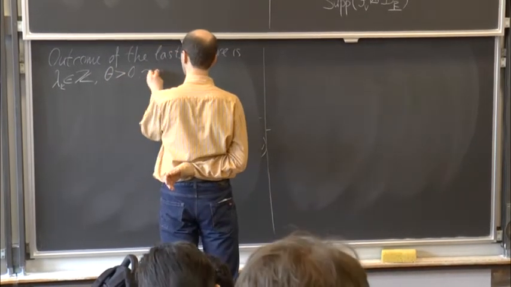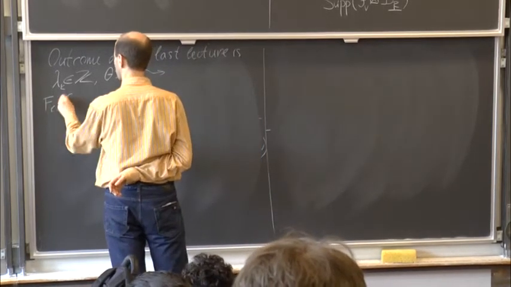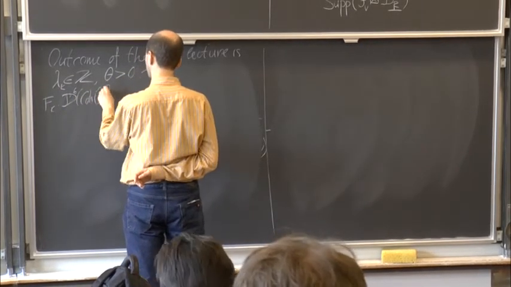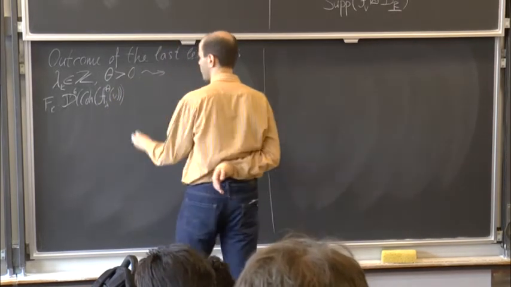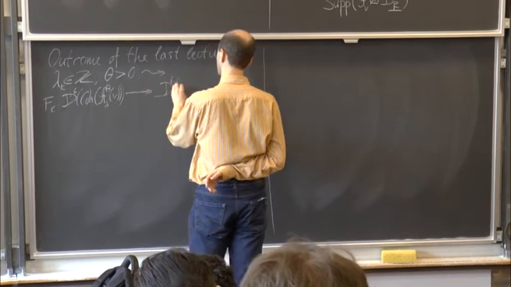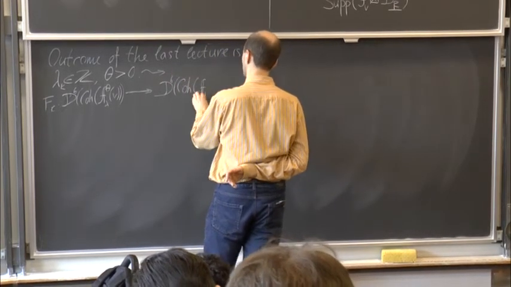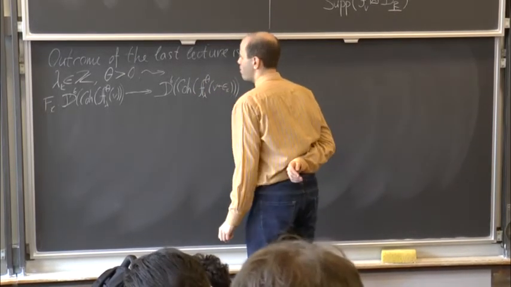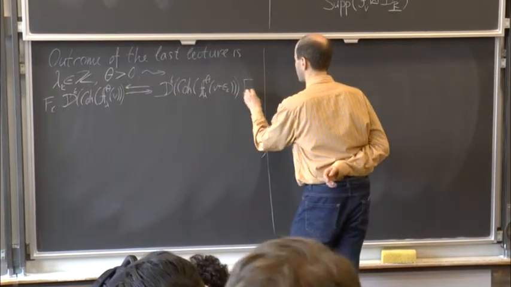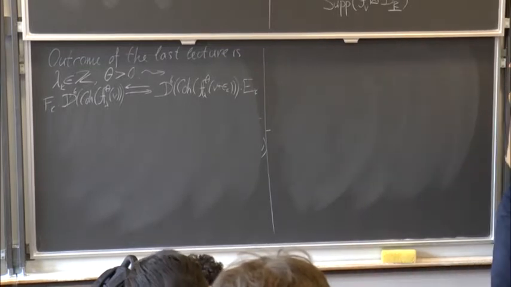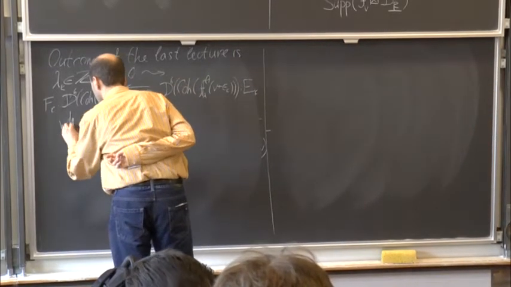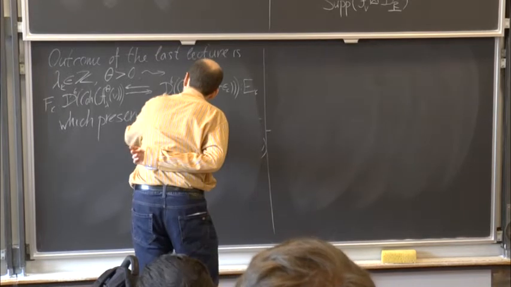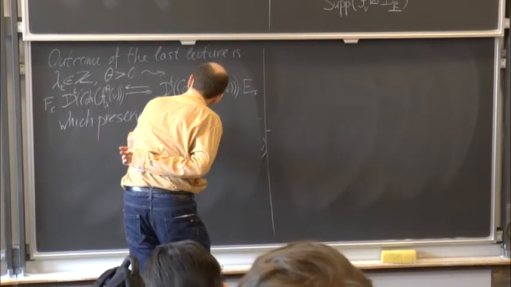Then I have functions fk going from D^b coh A lambda theta v to D^b coh A lambda theta v plus epsilon k, and I have ek, which preserve the categories supported on the zero fiber of the morphism phi,